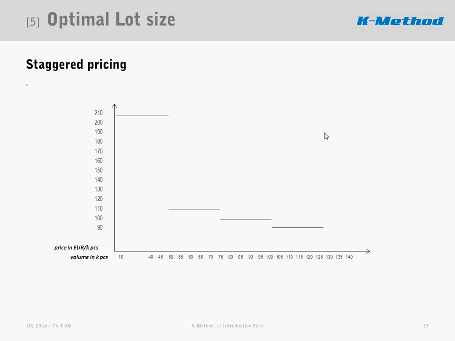In this example, you have a certain price for very low volumes, then a price of 110 euros when you source 50,000 at a time, and then 100 euros when you source 75,000 at a time. So those scale prices or staggered prices give you brackets of performance and of call-off volumes,